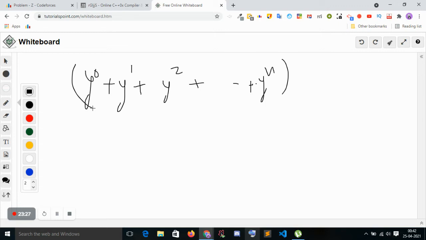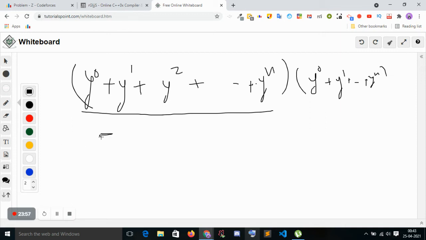So till y to the power n, I can actually do this. So this is the case. All the functions are identical, and the same activity I will do with the second loop, third loop, another loop. Like x2 is similar: y to the power 0 or y to the power 1 plus dot dot dot y to the power n, and again for x3, x4, x5, x6.